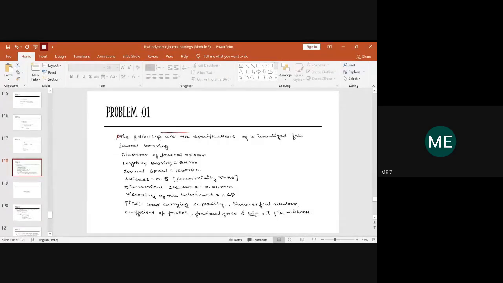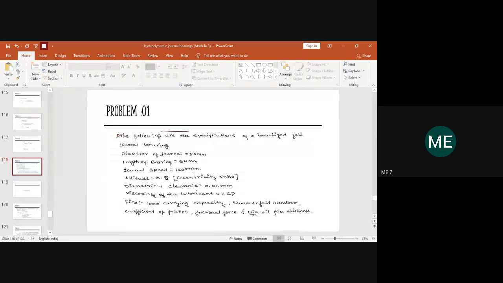So now today I'll be assigning you one problem. You have to solve and tell me the answers. I'll also tell you what the answer exactly is. Yesterday I showed you the methodology of how to solve. So now you will use the concept, solve, and let me know the answer. In yesterday's class we had radial clearance, but in today's problem I am giving you the diametrical clearance. So instead of C suffix R, you have to take the diametrical clearance value, right? That is the change you will have in today's problem.